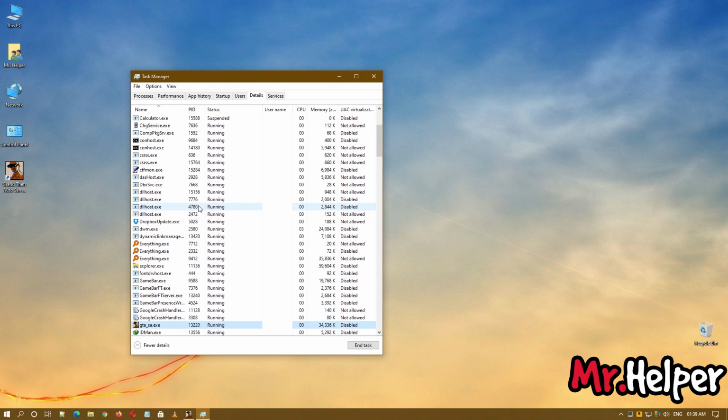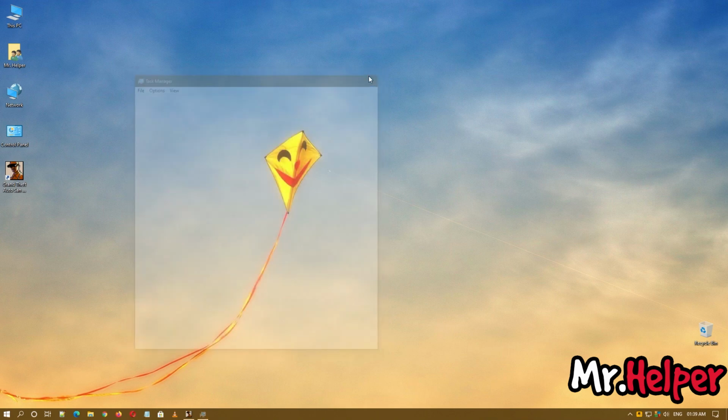I think this problem is only happening to Windows 10 and Windows 8 users. I am not sure about it, I may be wrong, but as much as I can understand, this is only happening to Windows 8 and Windows 10 users. Once you have done this, run your game, which is already running obviously.